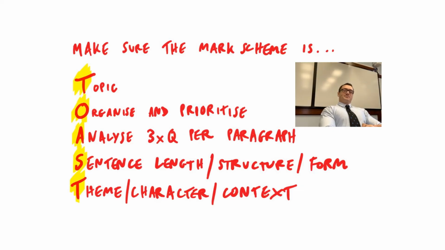People often forget that sentence length and structure and form are also important points to make. You can't just focus on word level analysis. You have to look at some bigger building blocks. So find the longest sentence and the shortest sentence in the whole passage and think about whether there's any particular reason for them. What impact do they have? When thinking about structure, you might look at some patterns. Are any words repeated? Are there any contrasts or juxtapositions?